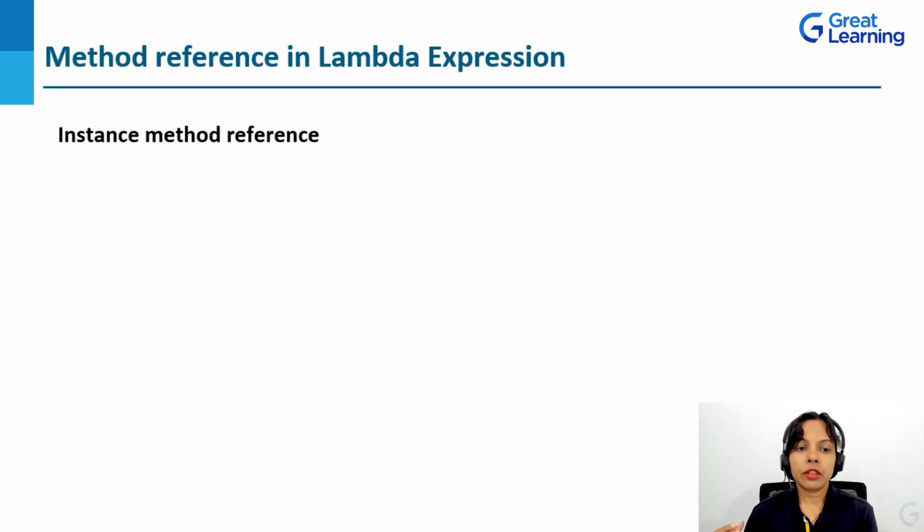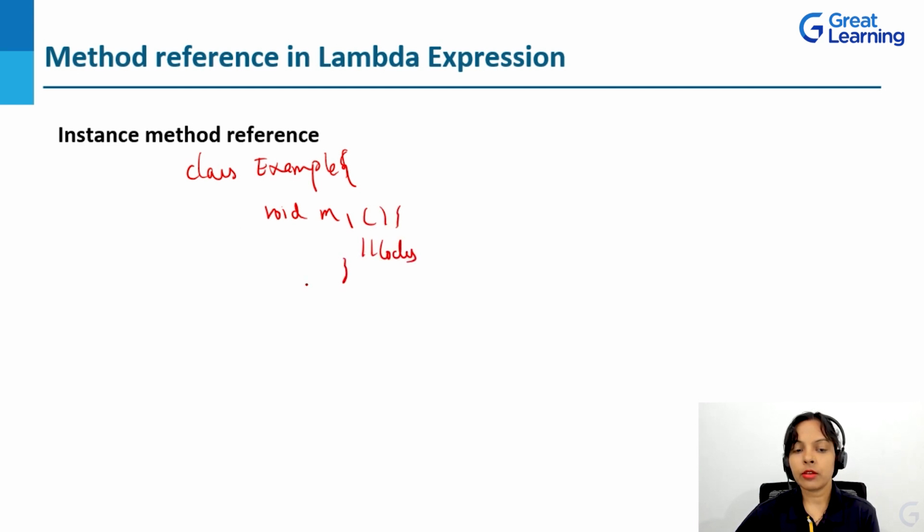Now, how can we refer to an instance method? That is, an instance method reference. How can it be done? For that, I'm going to again have a class. The name of the class, let me have as example itself. And in the class, I'm going to have a method void m1 where I'm not declaring it as static. It will have certain code inside it. Now in the public static main method,